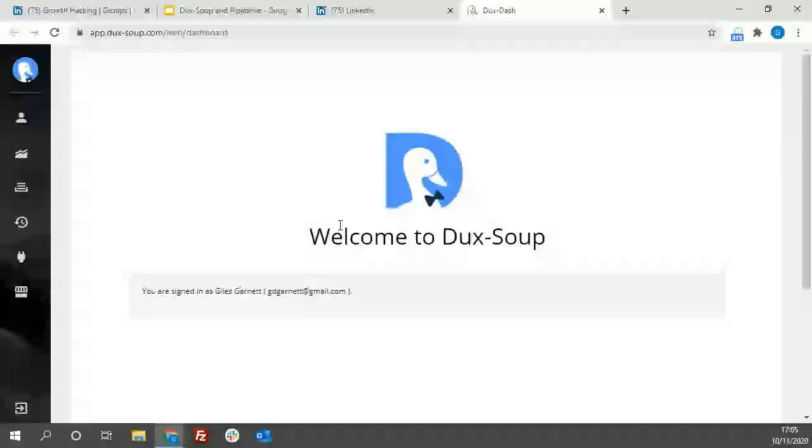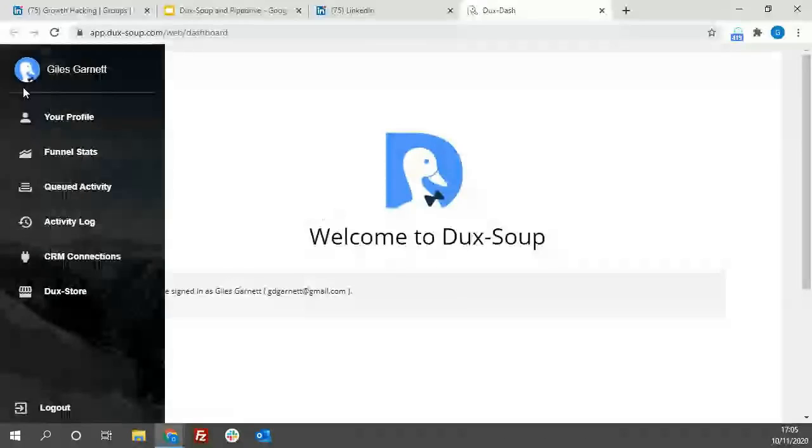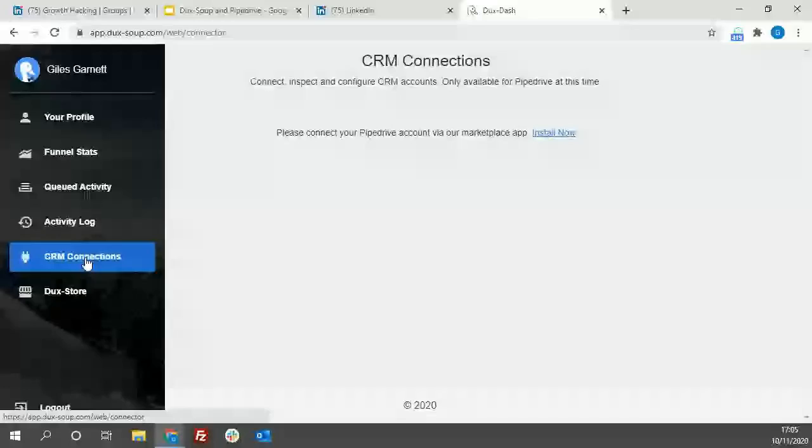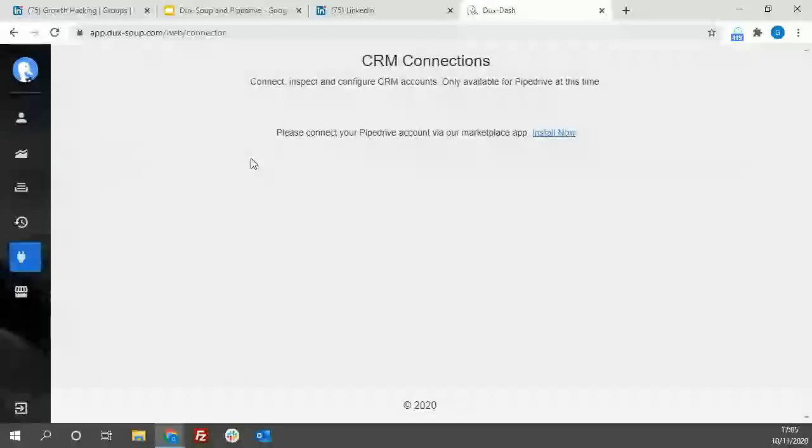Opens me up a new tab. And because I'm a Turbo user, I have all of these options down the side here. And you can see down on the side here, we have an interface to what we call the CRM connections. Now, currently, I don't have anything installed here. I said I was going to show you how to install it. Now, I can click this link here to go straight to the